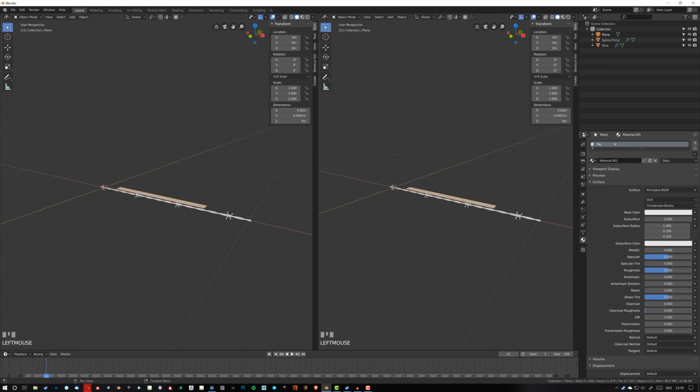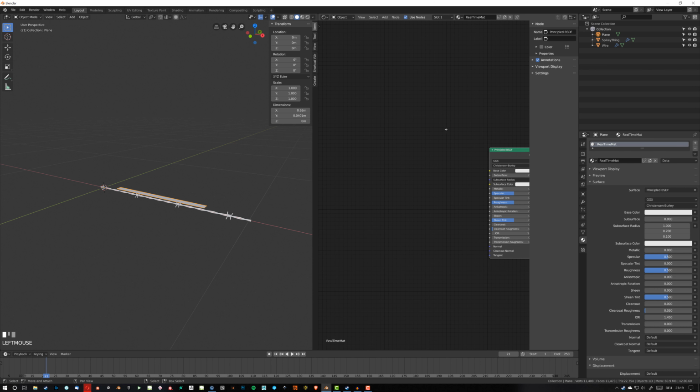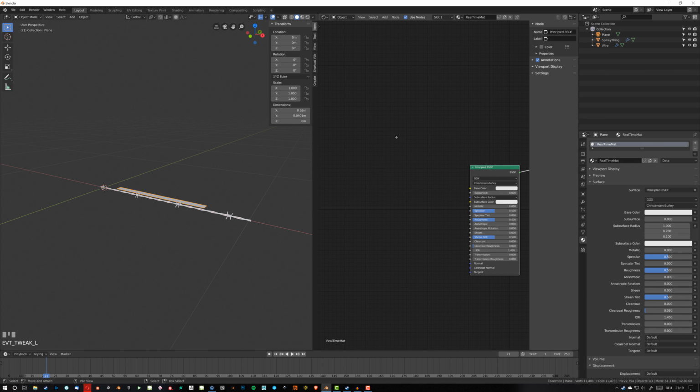So I'll just call this real-time mat. And I'm gonna go into the shader editor here, and I'm going to create an image texture, and here I'm gonna hit new, and this is going to be our baked